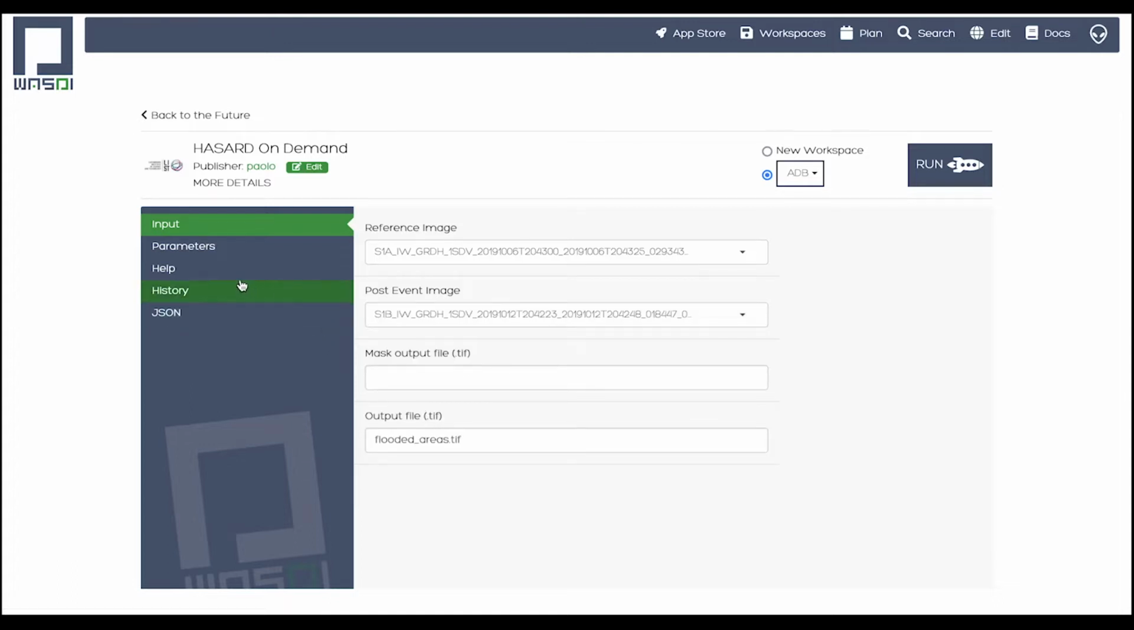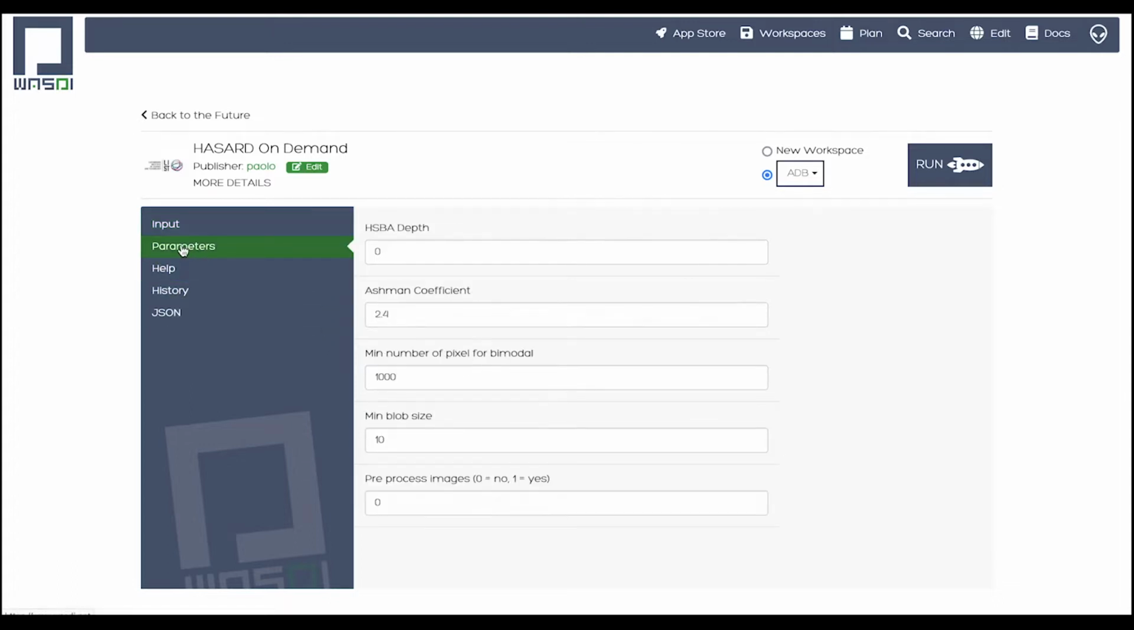And we have here also, for advanced users, some parameters that are related to the flood mapping algorithm itself. For example, the algorithm that we have is based on a hierarchical split-based approach. So here we can choose the number of levels in which we want to split the image. Then also we have some coefficients that are